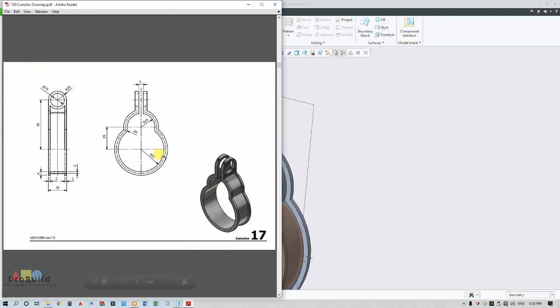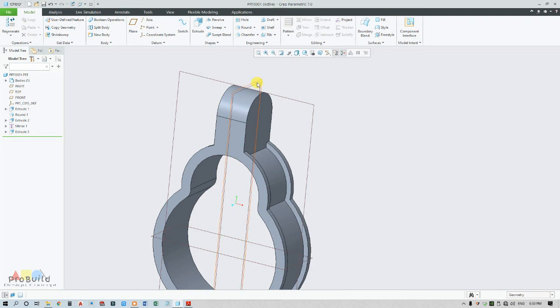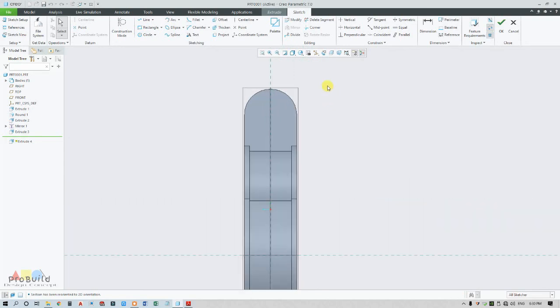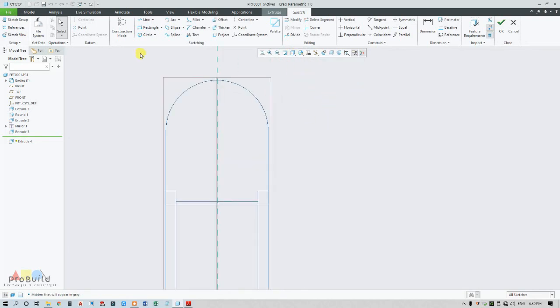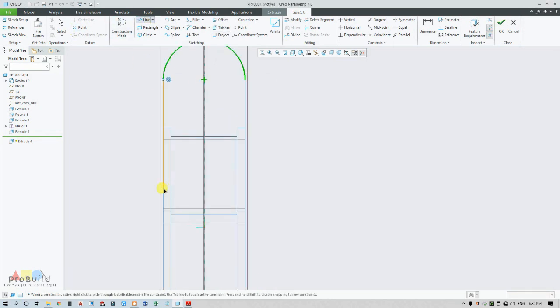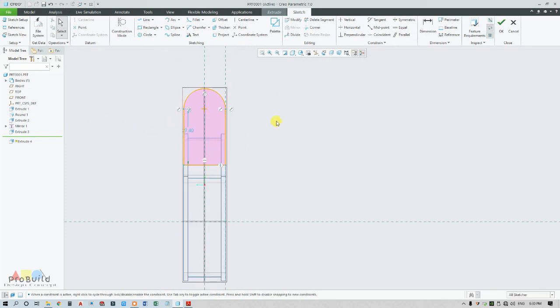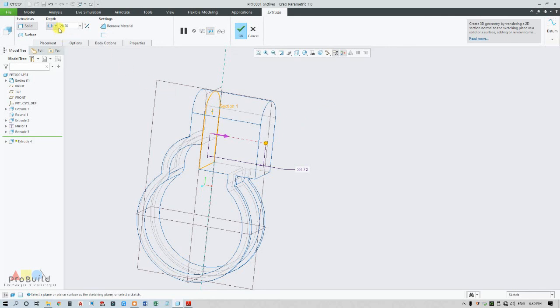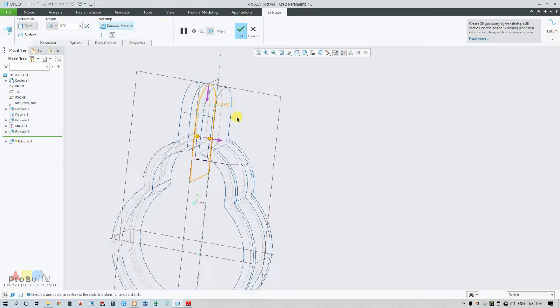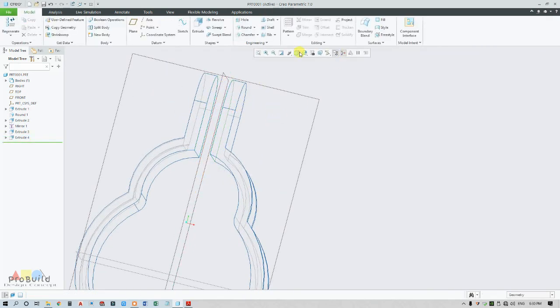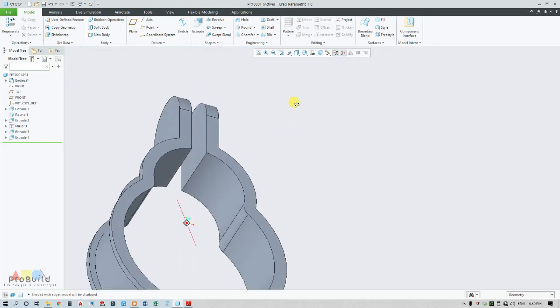Now I need to take a slot in the middle, and it is a center to center distance of 5 slot. Again I'm choosing this right plane, go for extrude, change to hidden line. Now project this point, go for a line. Since this is going to remove the material, you can draw the line without dimension, so just click OK, go for the symmetric option, just type 5, remove material. So it removes the material at center, so you can view it in shading with edges. See, this is the thing we need.